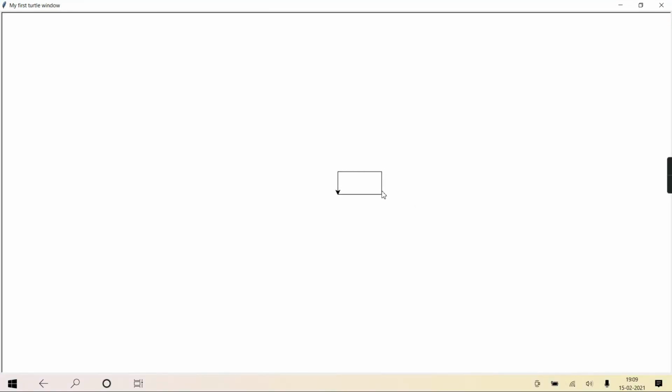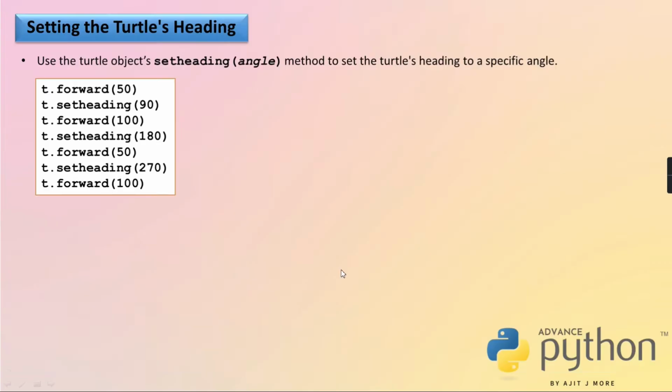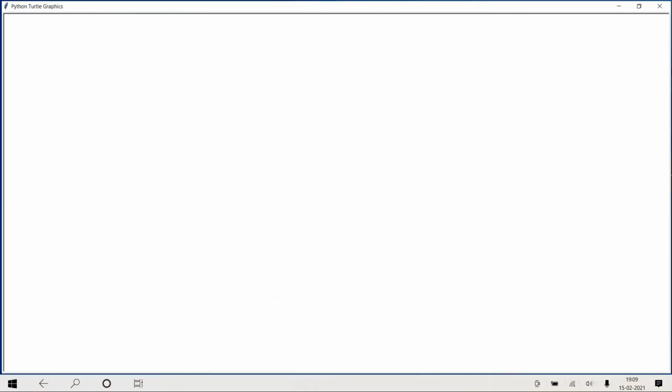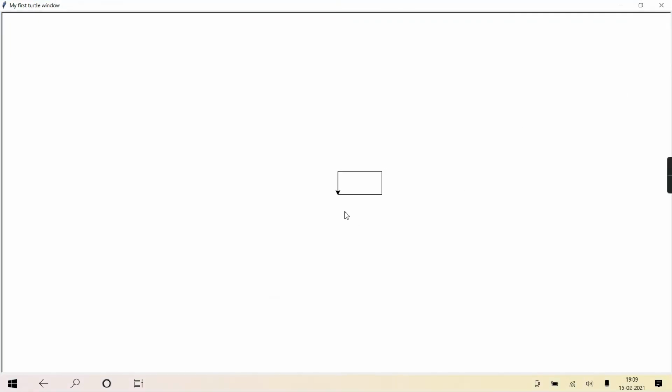Okay, see. Now I gave 100, 50, 100, 50. Right? Hope it is clear to you. You can observe how it got drawn. It went ahead, then 90 degrees anti-clockwise, then again forward 50, then 180 degrees, so this side again 100, then 270 degrees, so this side, and forward 50.